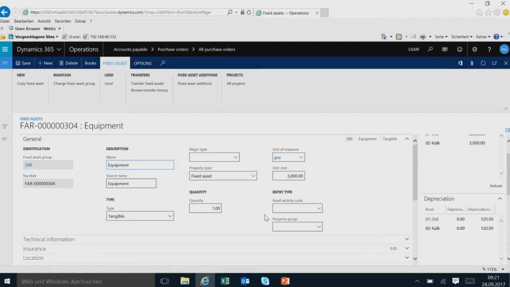In the background, there is a little bit more functionality for sure. What is also happening here is, if you, for example, sell this equipment later on, or it might be beyond repair and you scrap it, then the fixed asset integration will help us again, because as soon as we sell it, a fixed asset journal is created in the background that will reduce the value of the fixed asset. Typically, if it's sold, it's 0. If it's scrapped, there might be a remaining value. So this integration is also there.